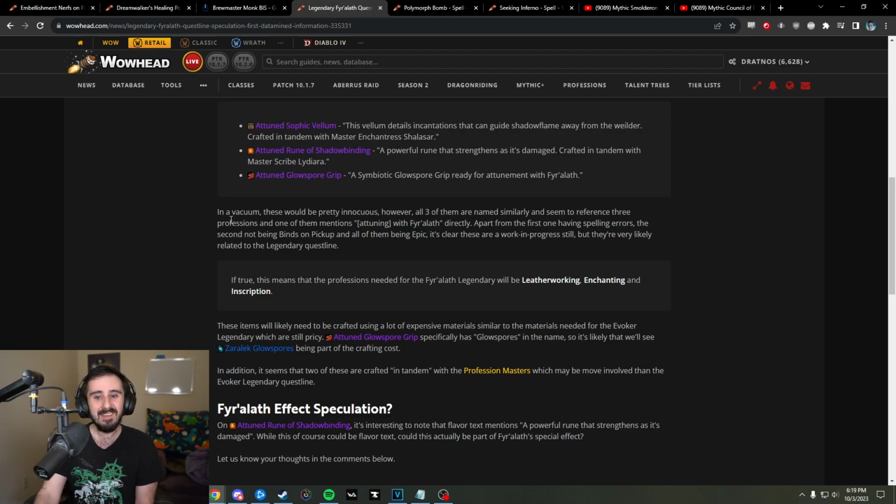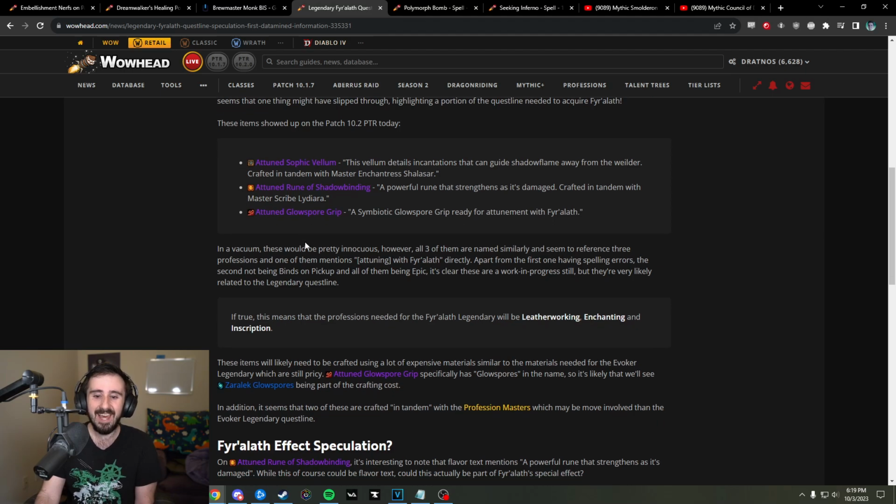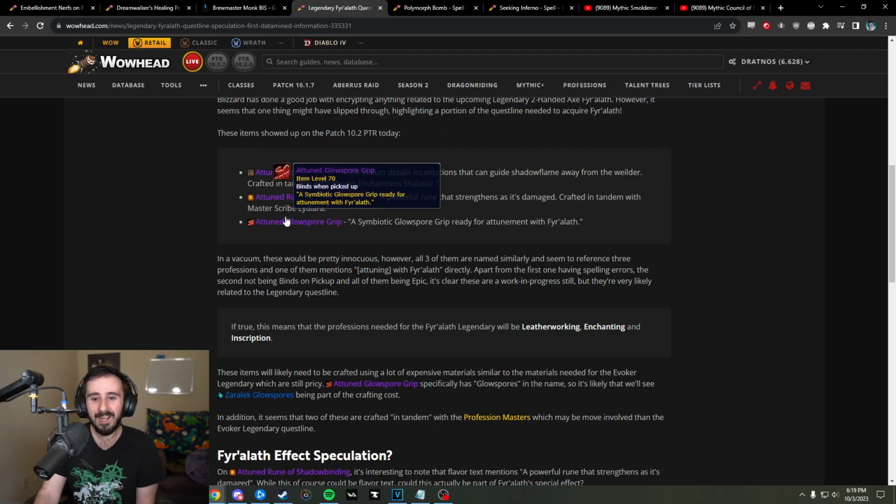So likely to be a similar process if these end up actually being related to the Legendary, which of course, even if they were being designed that way, it's possible they would still abandon that at some point and change how it would work. Notably, again, these are epic instead of legendary, which the claw ones were legendary, so that's maybe a little bit of evidence against. But my guess is that like 80 to 90% confidence these will end up being parts of the Fyr'alath Legendary